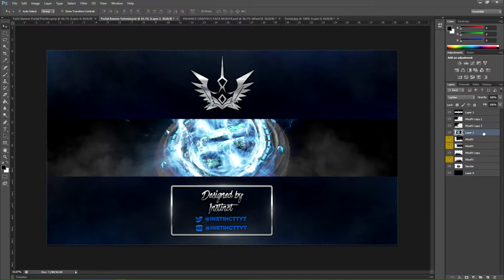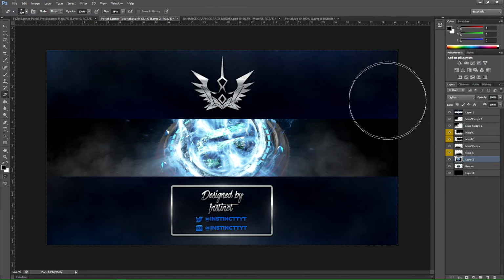And make sure it is above your render but below the smoke. And as you guys can see, the line is much more visible now, so I'm just gonna go ahead and erase that, like so. Alright, so now what you want to do is put the fill down to 90%